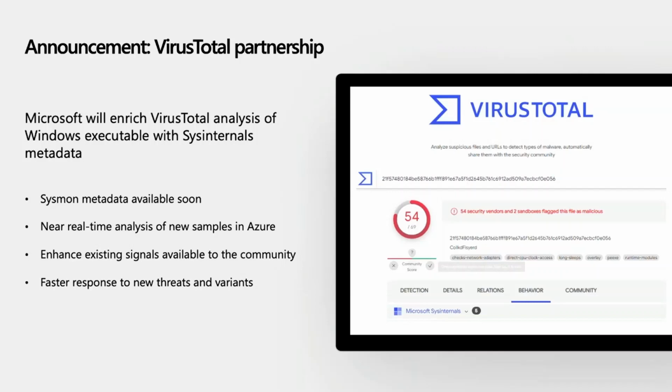We think it will be very valuable for the community to have access to that information. And we think it will drastically improve the response time of any security product. They can very quickly see the similarities of behavior and tweak their detection much faster. So we're very happy with that partnership.